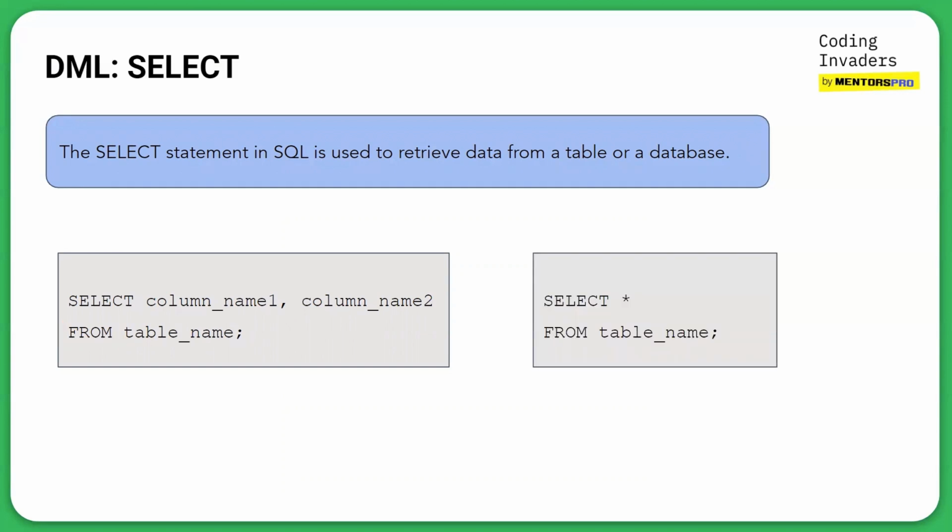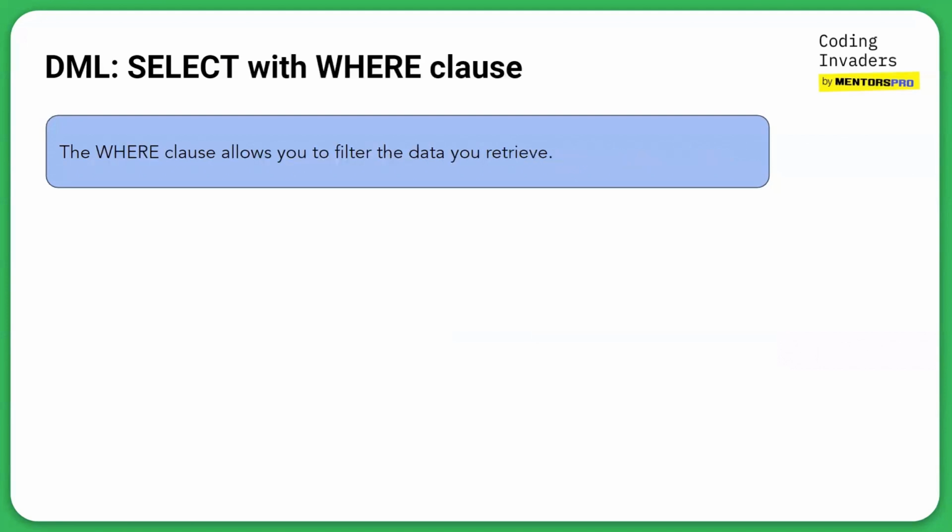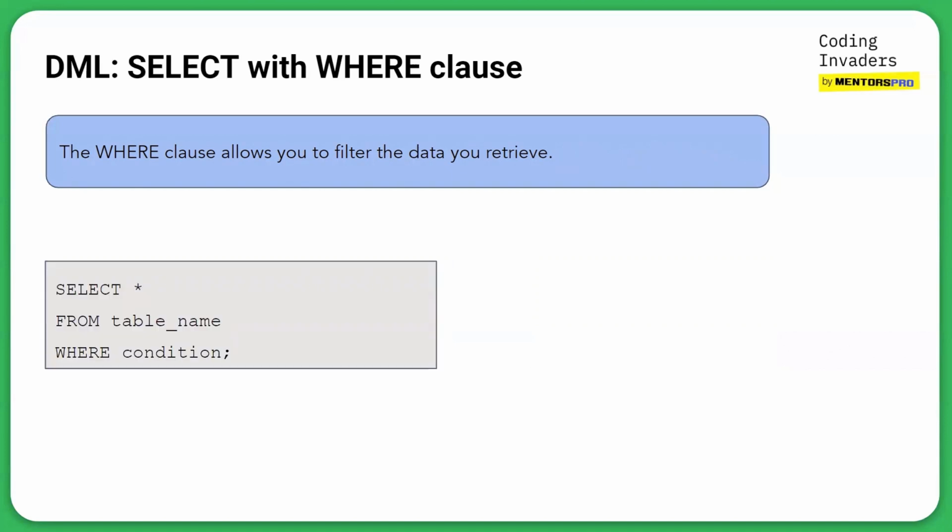After the select clause, if you give an asterisk instead of specifying the column names, all the columns from the specified table will be retrieved. The where clause allows you to filter the data you retrieve with the select statement. This example statement will retrieve only the rows from the table for the condition mentioned after the where clause. This condition helps us to filter the data. We will explore these conditions later. Now that you have learned how the select clause works, let's look at an example for creating a table and inserting